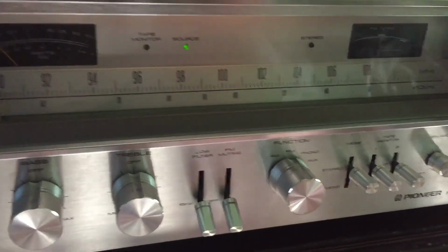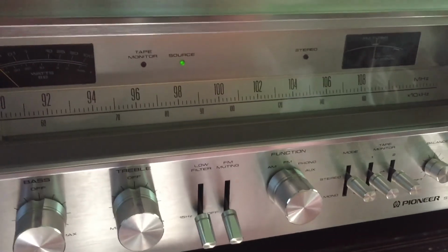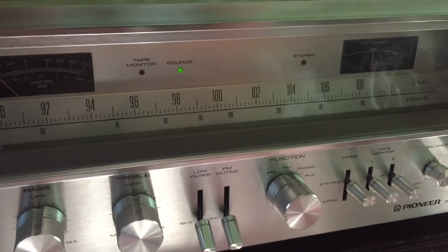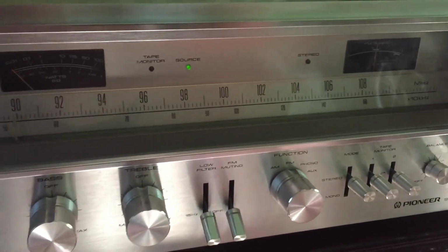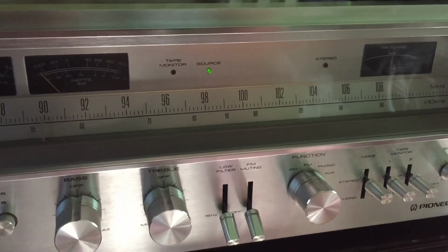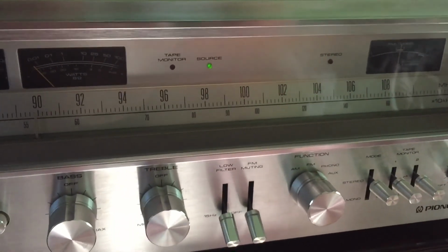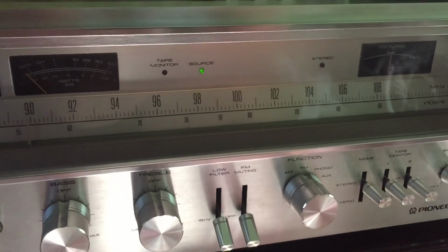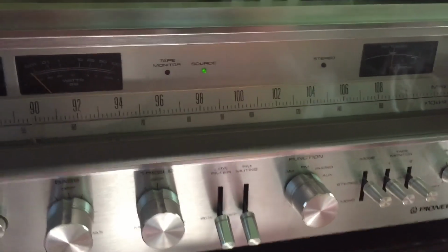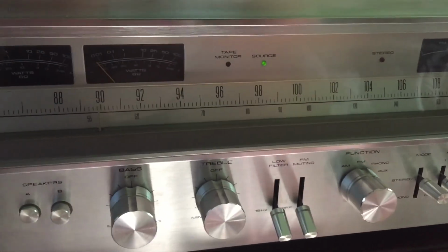Another reason that I'm gloating, I paid $14.99 for this stereo. I've seen them sell for as much as $500 on eBay, and the prices keep going up. $14.99, and I kid you not. This is far and away the best find I've ever had at Goodwill, and